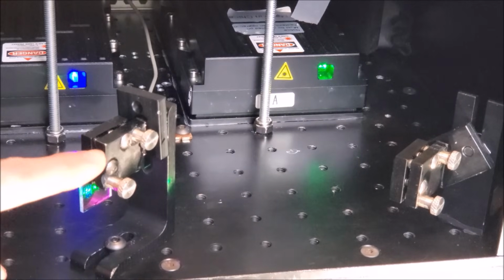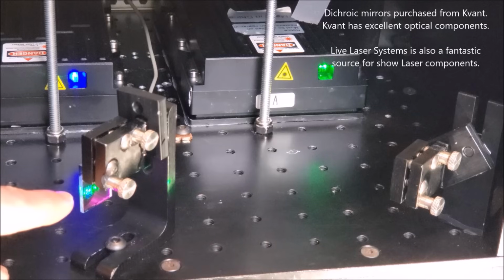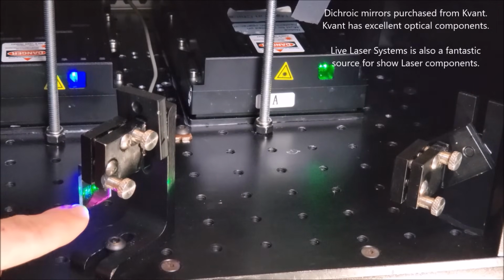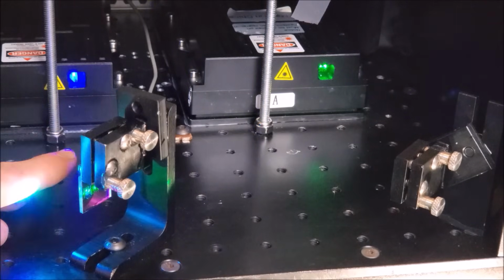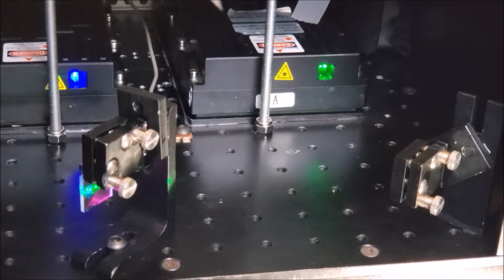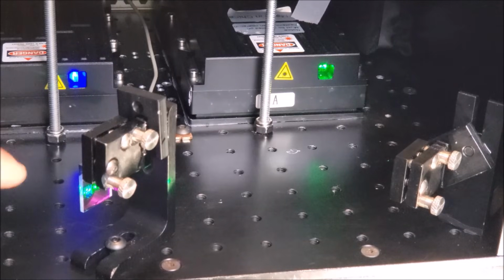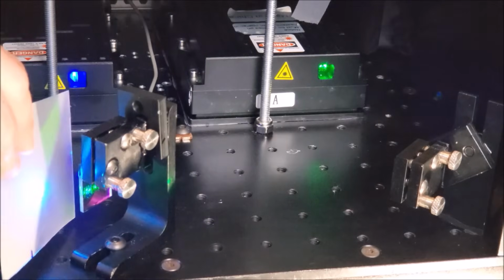And then we have another kinematic mount right here. And attached to the bottom, hanging off, is the acrylic filter, the mirror. And what that does is it takes the green laser light that comes this way. The green laser light passes through that optic. We've got the blue laser light over here, which comes towards this way and hits the surface of the optic, the acrylic filter, and bounces off this way. So on one side of that optic, green, over here, blue, and since green goes through and blue reflects, that means that they're both going to meet up on this side, so we'll get a nice teal off that end,